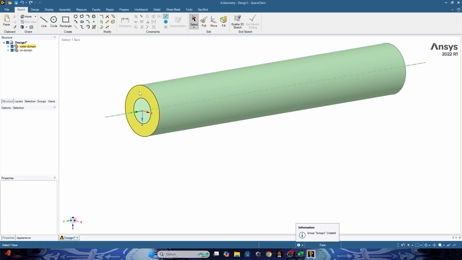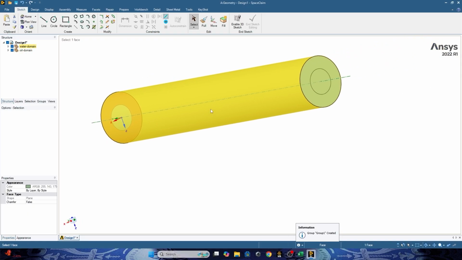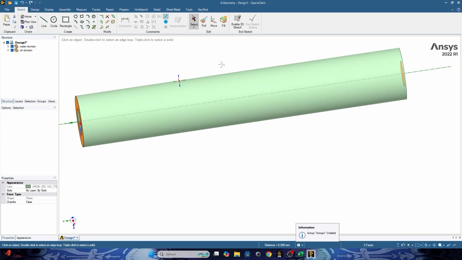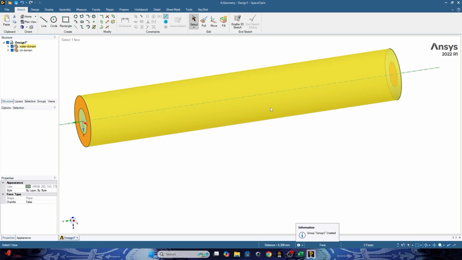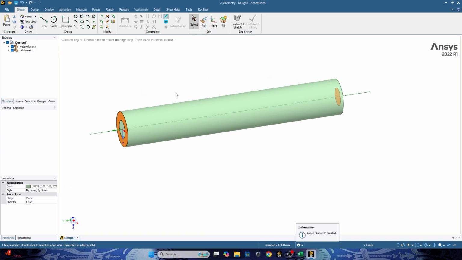If we put the water inlet here and the oil inlet here, this type of concentric tube is called counterflow.